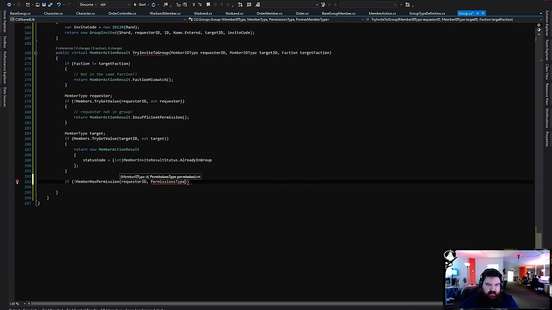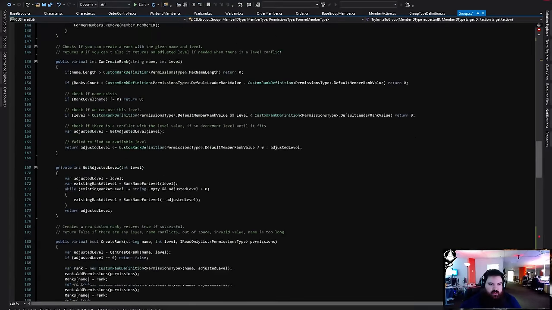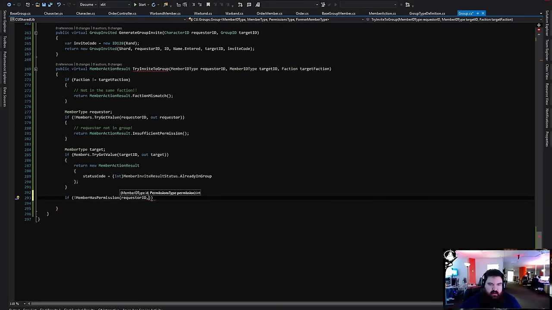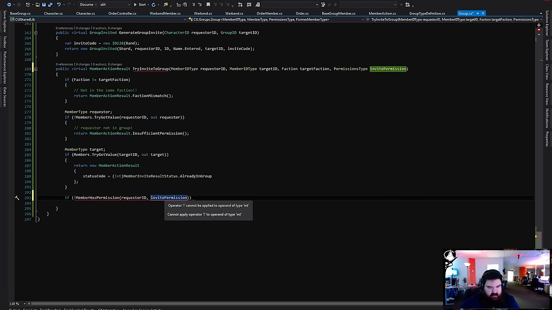Because this is a generic, it's not going to have the permissions type, so we'll have to pass in the invite permission. If you have invite permissions, that returns a number because it's the level for the rank.